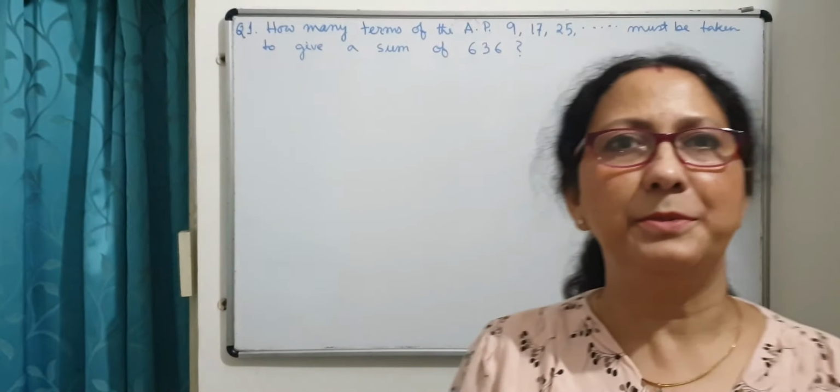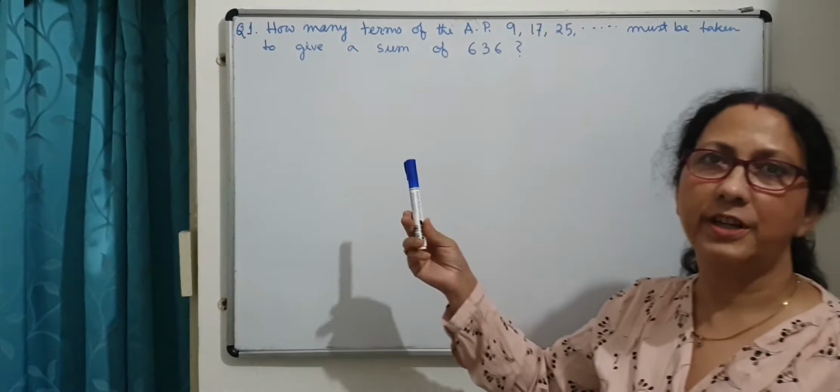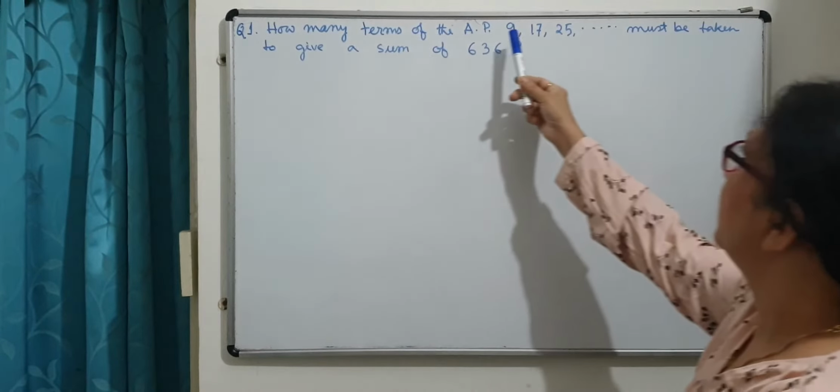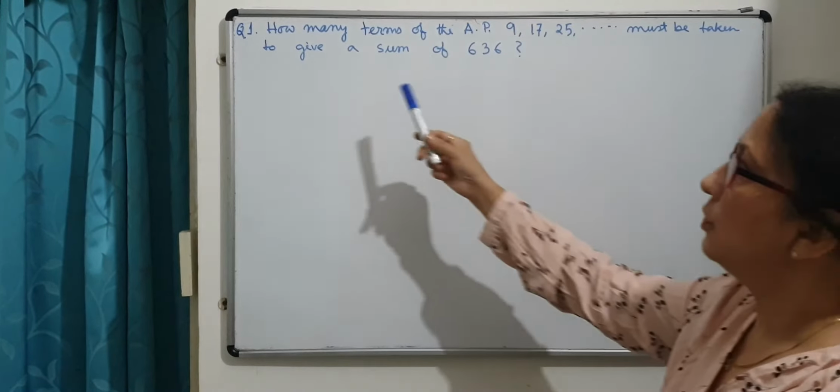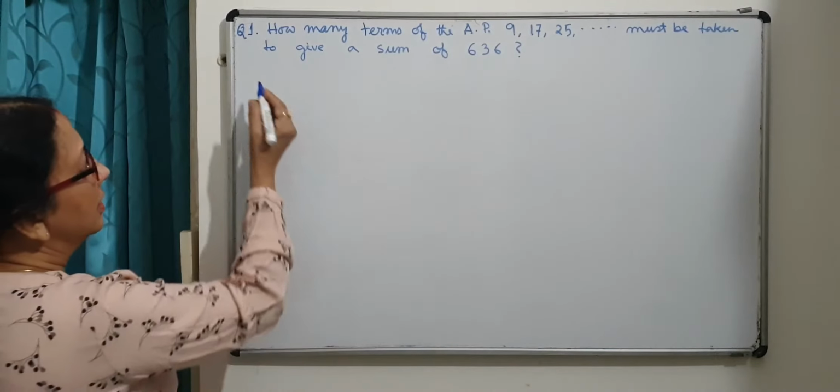Hi, so today I'll be solving a few word problems from the chapter AP. The first question that I've taken: how many terms of this AP must be taken to give a sum of 636? So let us let